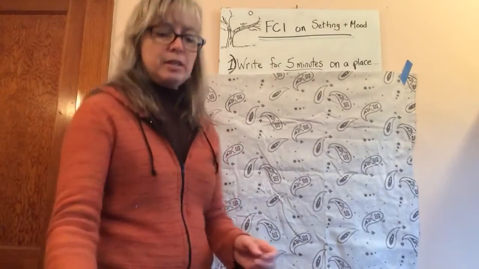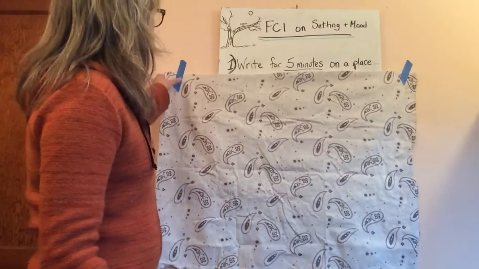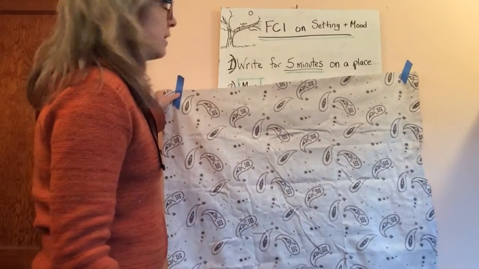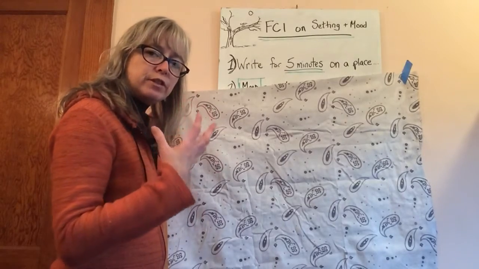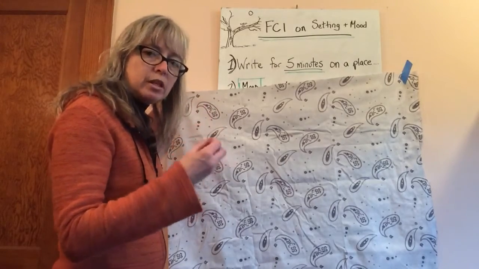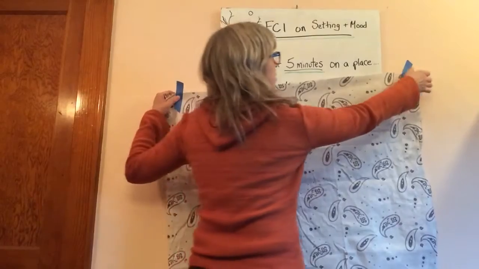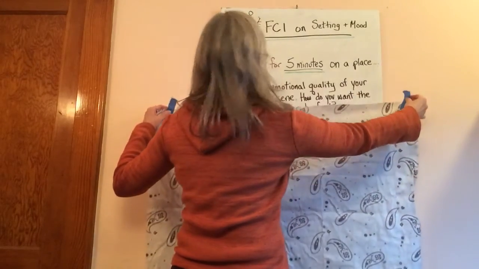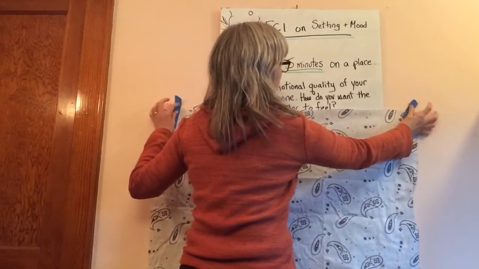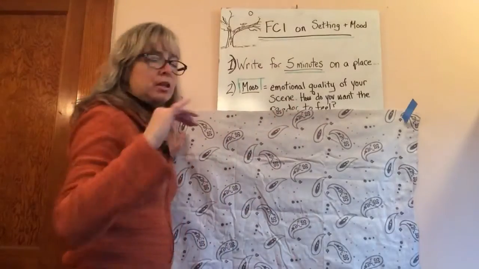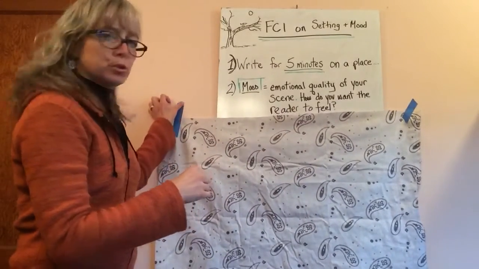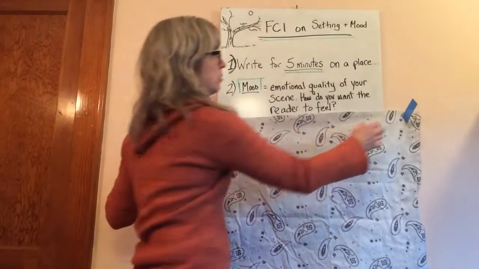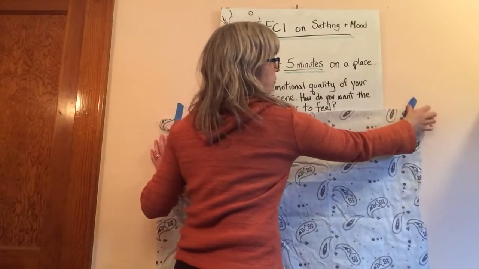Okay, so hopefully you've done that. You've written about your place. And I want you to look and see if your particular place conveys a kind of feeling, because you were hopefully thinking about a feeling. And then I want you to skip a line on your paper, or if you're typing it, skip a line, and write down a definition for mood, because mood can be really helpful when writing a piece of fiction.